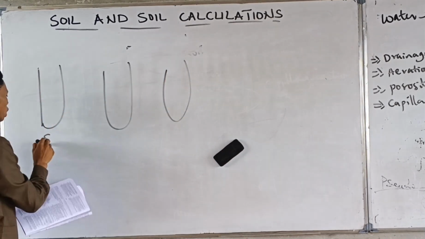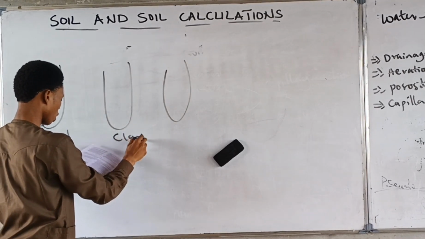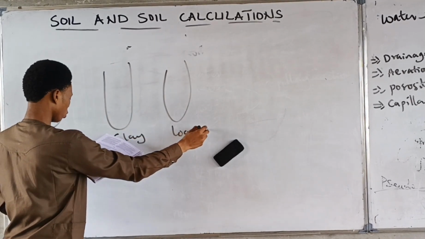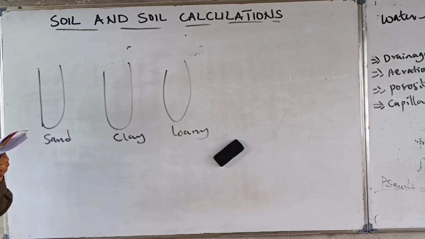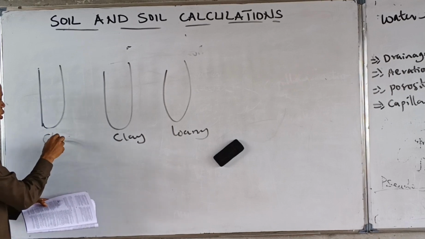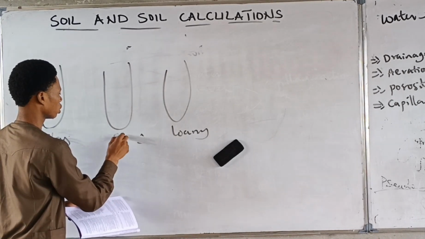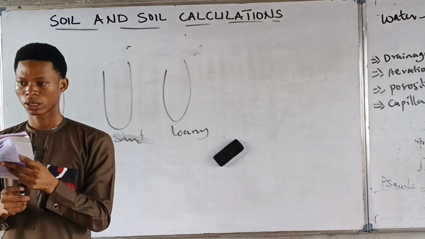And this one, say this is sand, clay, and loamy soil. So if three of these are tightly packed with clay first, sand, and loamy soil respectively,